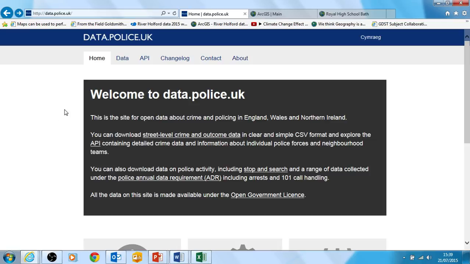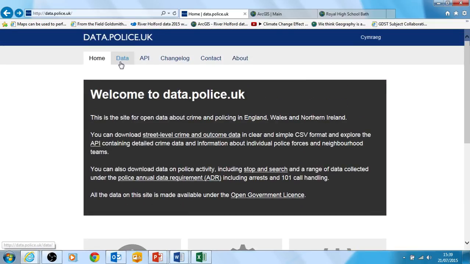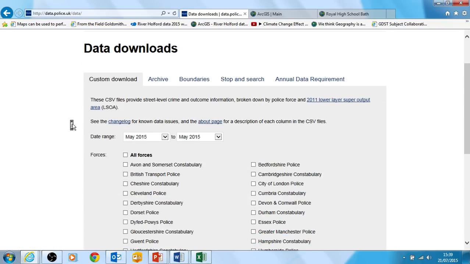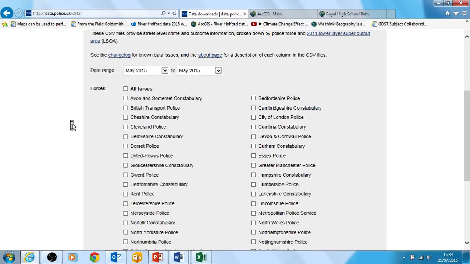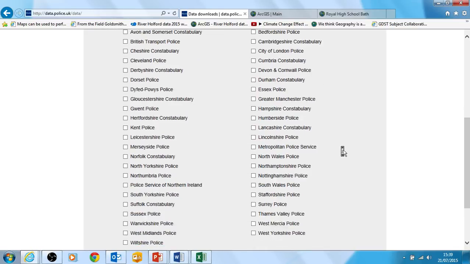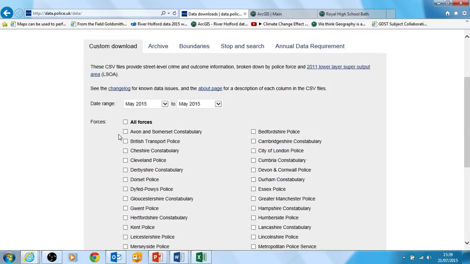At this website you can actually get original data, and this is going to give individual investigation projects real good quality ability to analyse and look at very specific individual data. So we're going to go to this tab that says data, and you've got a choice to download data from various police forces and for various time frames. You've got to do a little bit of work to get the right area that you want. If I pick my local area, Avon and Somerset Constabulary,